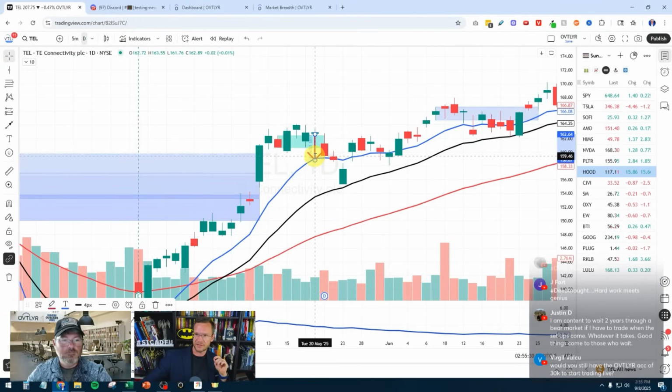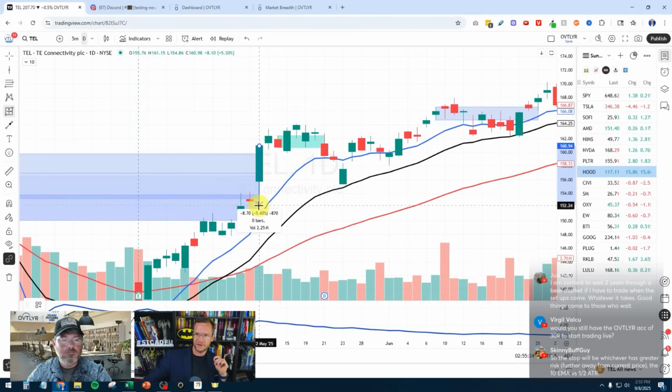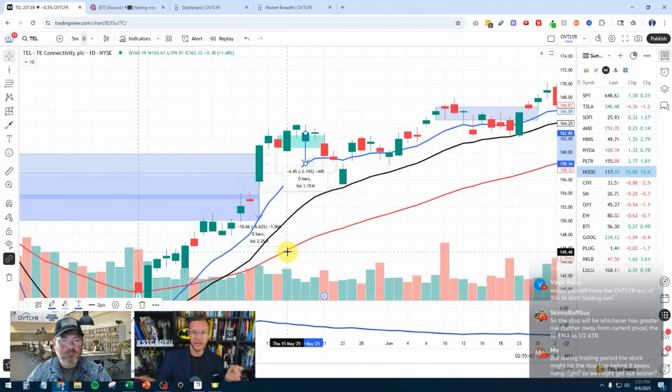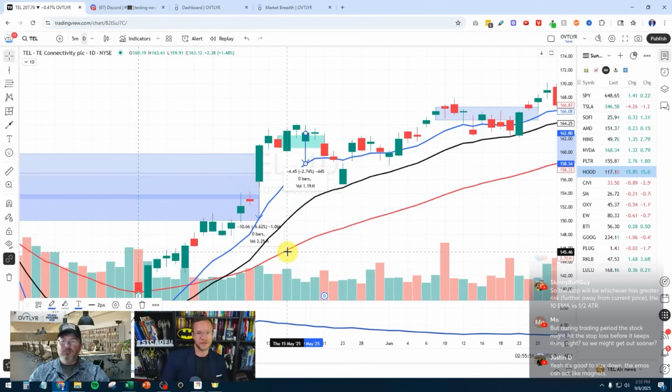Let's use the math on here. If I took this and I'm $10.66 away versus taking a trade right here where I am $4.45 away, I would have to size down by about half, right? Because my exit point is twice as far. So I'd be taking twice as much risk if I didn't. Gotcha. Okay. Yeah.